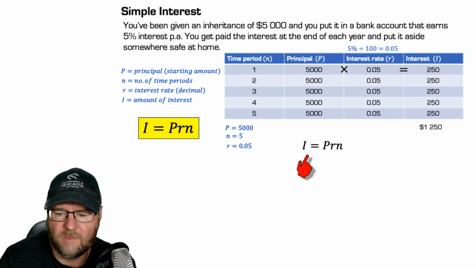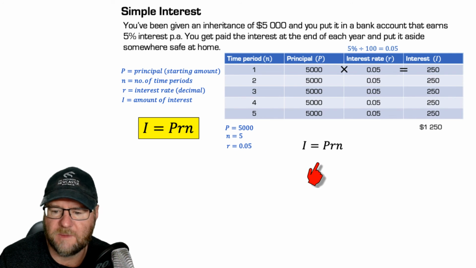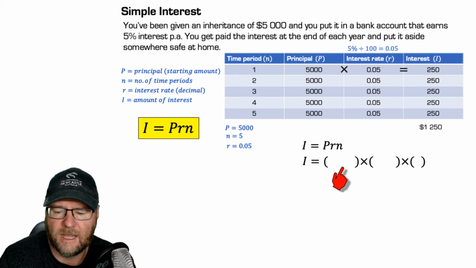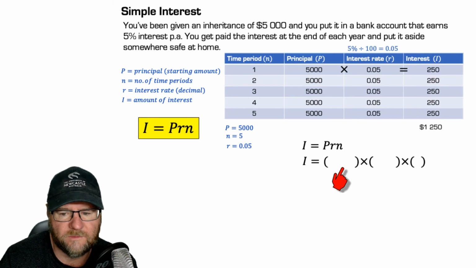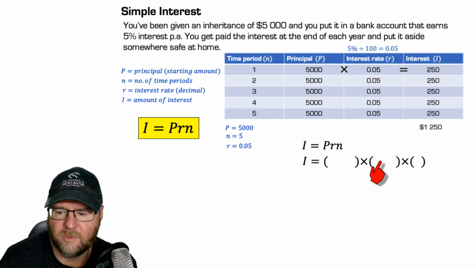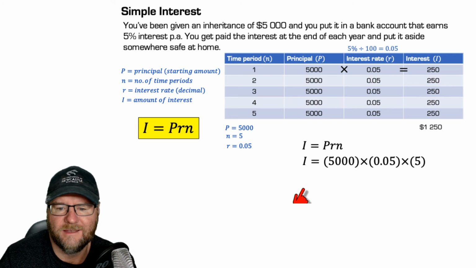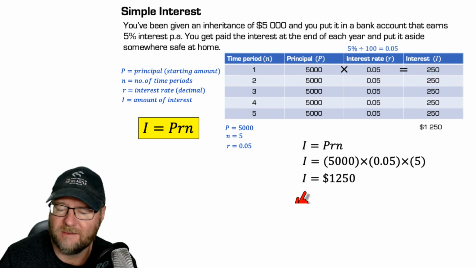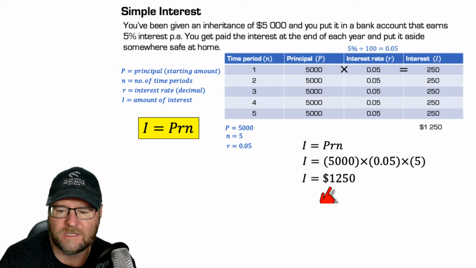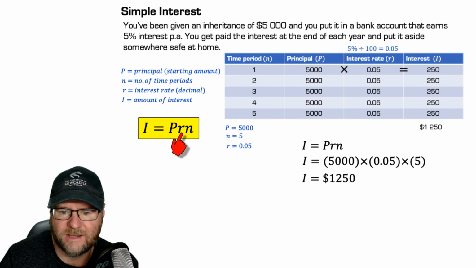So using my formula, I'm going to create a little space where each of the pronumerals are, and I'm going to put in here my principal of 5,000, my rate of 0.05, and my 5 time periods. Now I can just whack that in my calculator, and I should get the same amount. In fact, I do. $1,250 interest was earned by using the formula, the principal times the interest rate times the